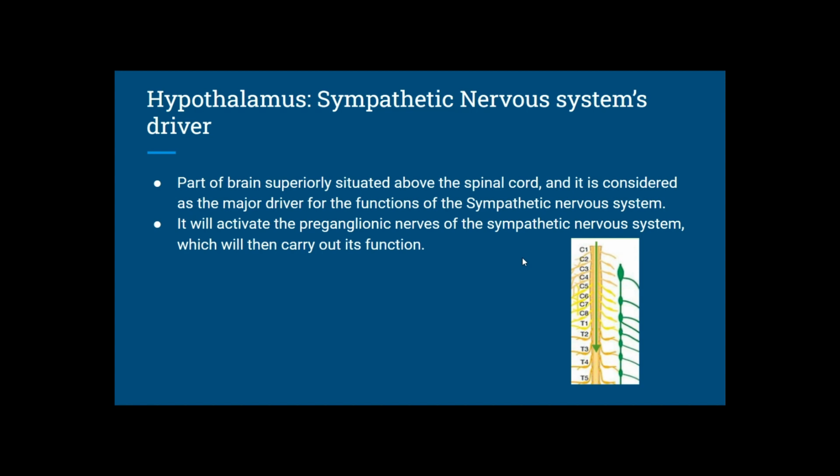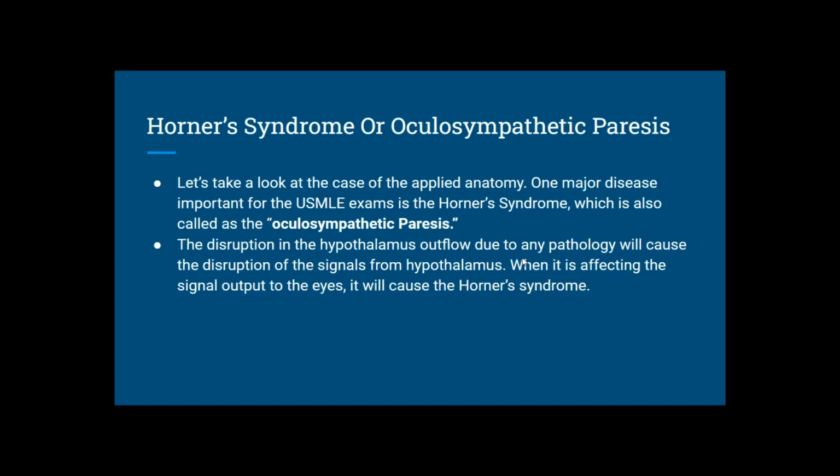However, the sympathetic nervous system is also called the thoracolumbar system. It will activate the preganglionic nerves of the sympathetic nervous system, which will then go out to the target tissue and carry out its function. Over here, we're going to start with one of the important cases of the USMLE exam, which is called Horner syndrome. It is also a case of applied anatomy. Please remind yourself about the sympathetic nervous system, how it works, and how the distribution of the outflow tract